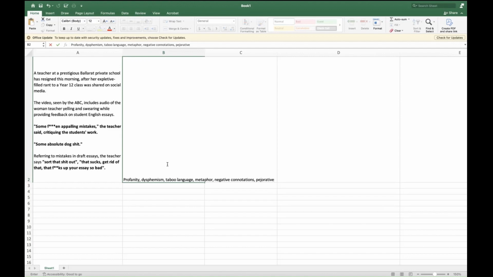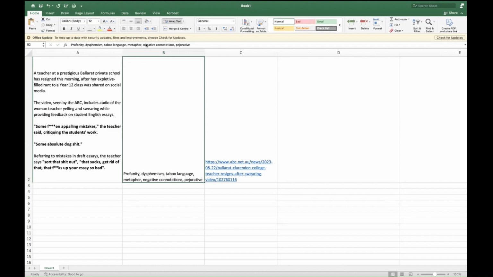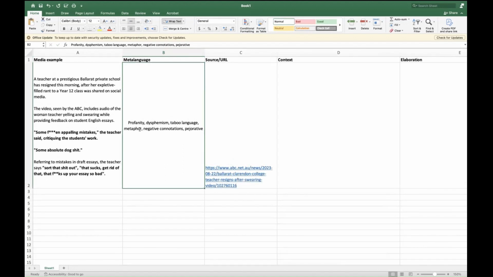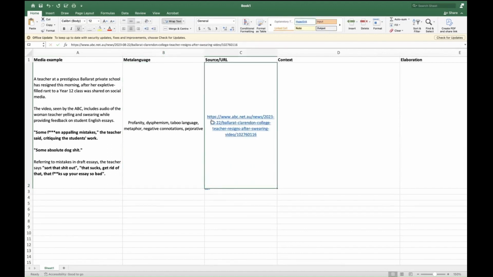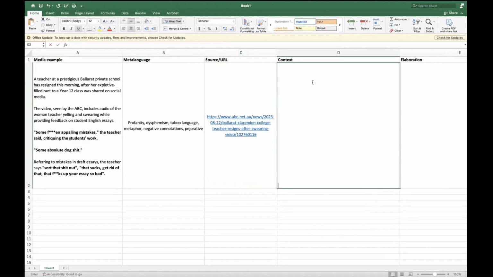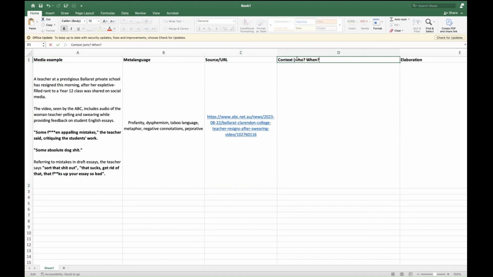All right, now you see it's getting large, right? So what you do is you just wrap text, and then you want to center it as well. Can you see that? I just center it. Looks good. You just describe the examples in meta language, as many as you can, because you could be using that in your analysis. I just want to center everything. I like that because it looks neat. What do you do in context? Context is you tell me who is involved, when this happened, what happened.